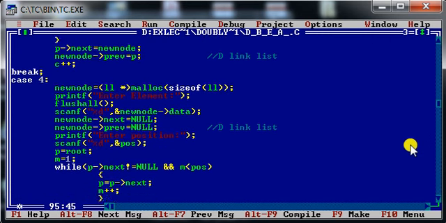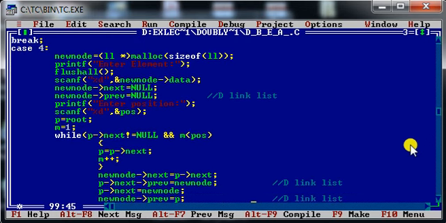Now the next logic is insertion of a new node after a given position in a doubly linked list. See, while converting your program from singly to doubly, you need to change only these statements, whatever I have mentioned by writing d-linked list. Just add this statement to convert your program from singly linked list to doubly linked list. Fine.